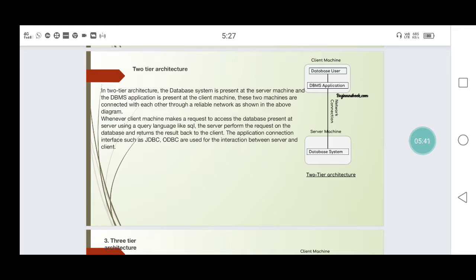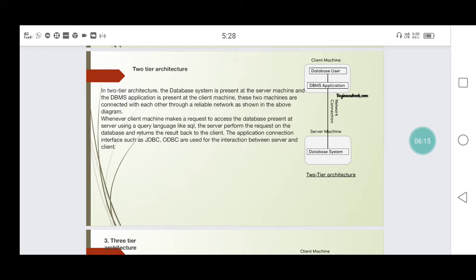Here, we have the database management system software in the server. The server will pass this software to the client. That means each and every client has that DBMS application. The client will manage the database through this DBMS application and perform all the requests using the SQL language.